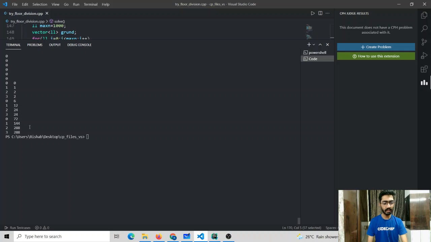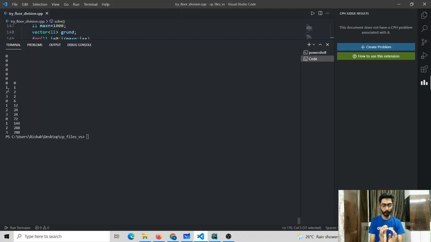So this is the result that we can see. The number 1 appears 1 time, then 2 appears 2 times, then 3 appears 2 times, then 0 appears 6 times. But after that, number 1, 2, 3, and next number will be 0. So the numbers are appearing in a cyclic order. This is the first observation that we can make, that the numbers are appearing in cyclic order.